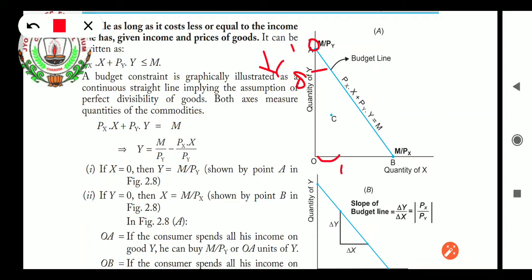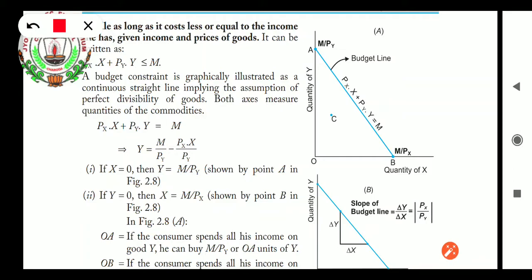In that situation, x quantity was 0 and y quantity was 10. Suppose from 10 units to 8 units, meaning 2 units of y reduced, definitely 1 unit of x we can purchase. And suppose we reduce from 8 to 6, again declining y, we can increase 1 more unit of x, that is 2. So here we can say what the budget set is, students. Here we have the last borderline.